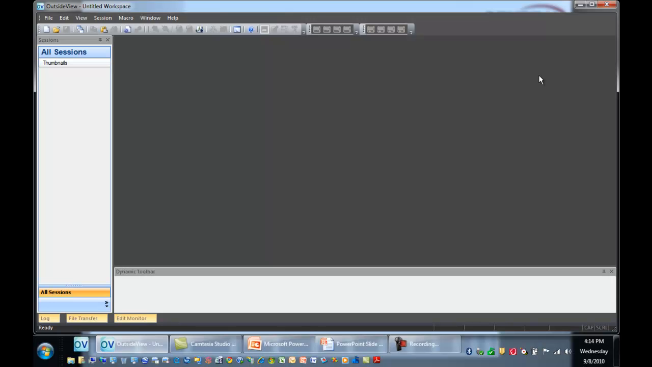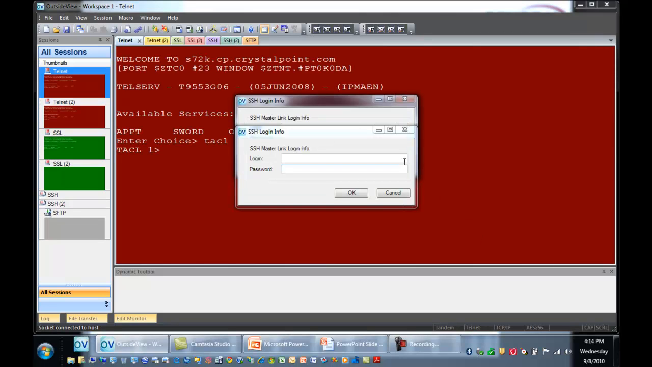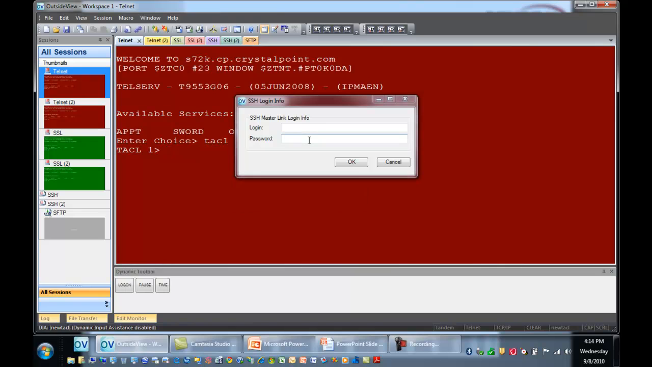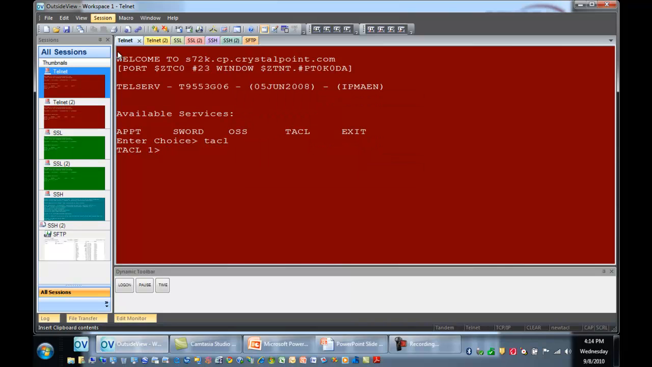To illustrate the problem, let's open a workspace that does not use identity management. First, it is prompting me to enter my credentials for an SSH session. And then it is prompting me to enter my credentials for the next SSH session. And finally, my credentials for my SFTP session. Those sessions I've now logged into, but my Telnet session I've not logged into, so it would be